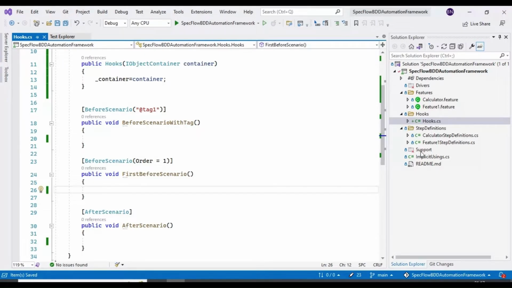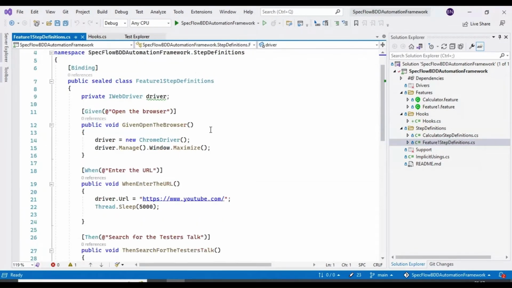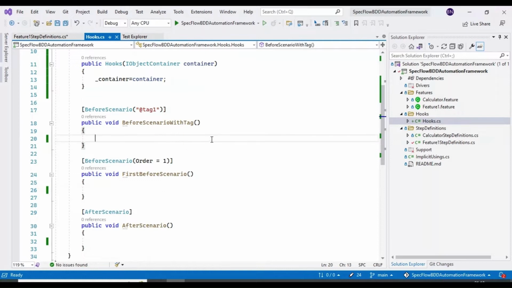I'll go to the step definition, that's the Feature 1 step definition. Here I have written this particular code, that is launching the browser in the open the browser step, right? So I will comment these 2 lines. Let me comment these 2 lines. Then we have to implement this code in our hooks, right? So I'll go back to the Hooks class, and here I'll say